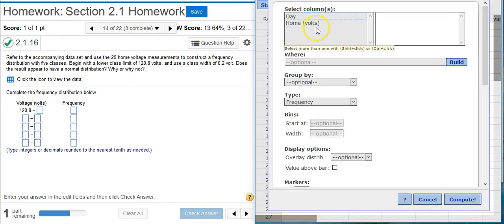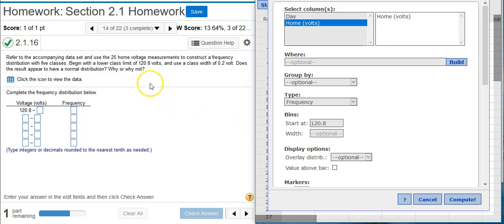First, I need to select the column where my data is located. That's in the Home Volts column. So I select that column. Then down here under Type, I'm just going to leave that as frequency because we're looking for a frequency distribution. We're just looking for counts. So I leave the type alone. Bins, I'm going to put values in these two fields. Start at